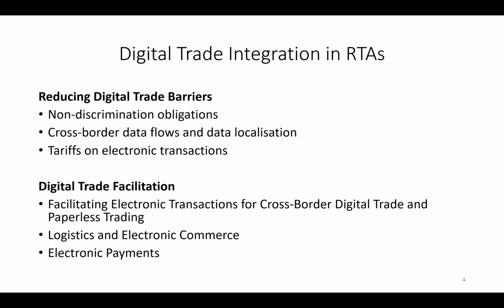These two provisions are usually subject to an exception that permits restrictive measures if they're necessary to achieve legitimate policy objectives. The first RTA to contain a binding obligation was the TPP, but since then we have seen similar provisions in other RTAs of Australia. Here we've got the example of the PAFTA, Japan, the US in the USMCA, and Singapore, Sri Lanka FTA and